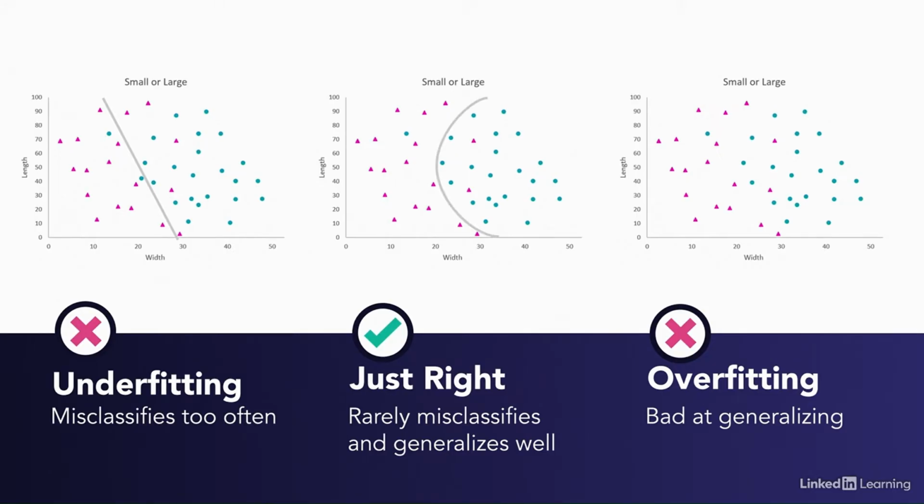Now look at the middle plot. Suppose we use a multilayer perceptron that ends up using an arc as a boundary. Notice that the misclassification has dropped to 1 dot and 2 triangles. Now these numbers aren't as important as the visible shape of the trend between the categories. When we train a neural network, we are aiming for a boundary that works just right. That is, it rarely